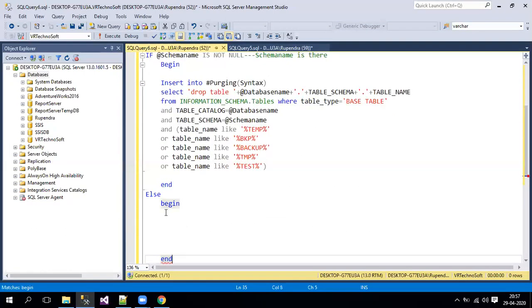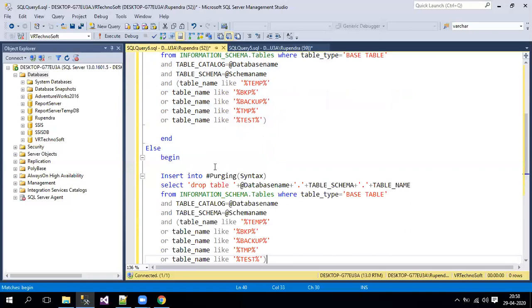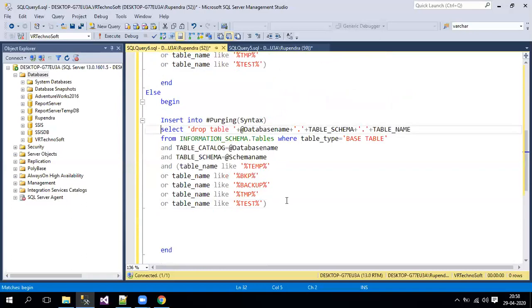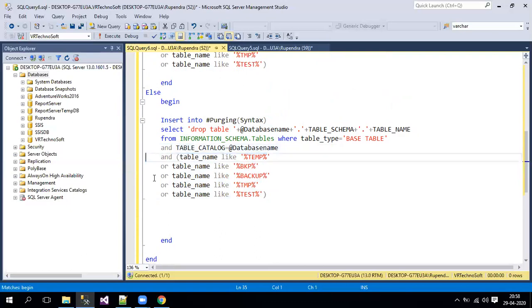Here I'll copy paste the same syntax, but we have to remove some content. Since they're not going to pass any schema, there's no need for a where clause. We have to consider all the tables which contain this keyword irrespective of schema name, so we remove this condition. Everything else remains the same.